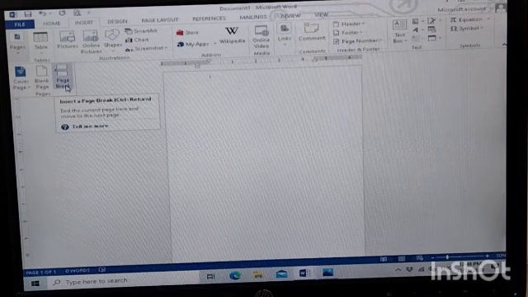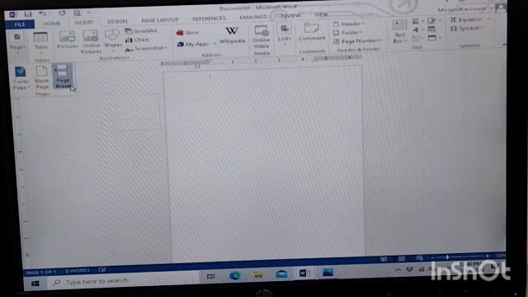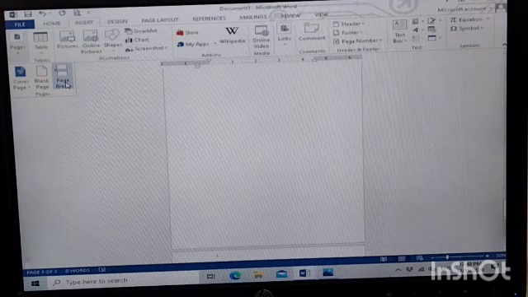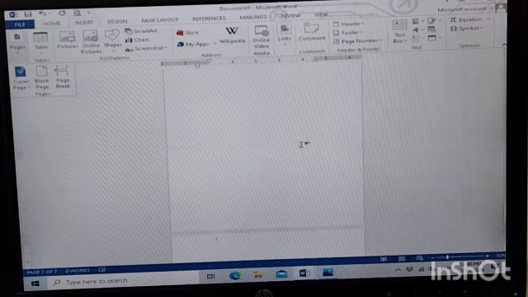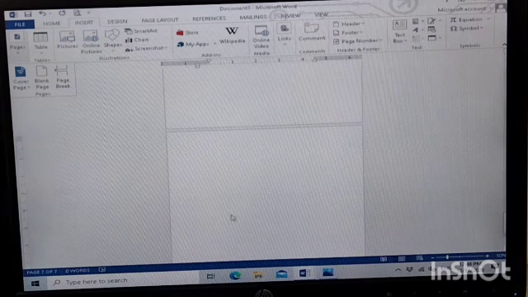In this drop list we have Page Break. When you click over here on the Page Break option, now you can see your page is broken. This is your first page and this one is your second page.